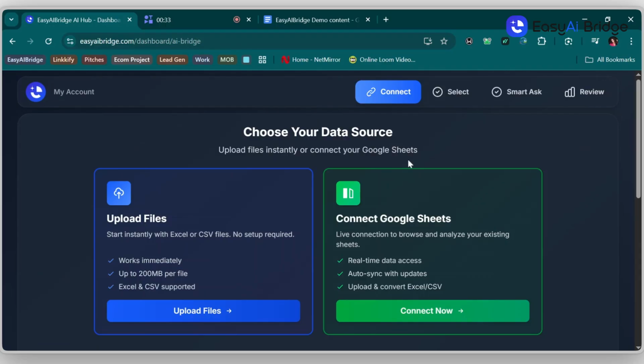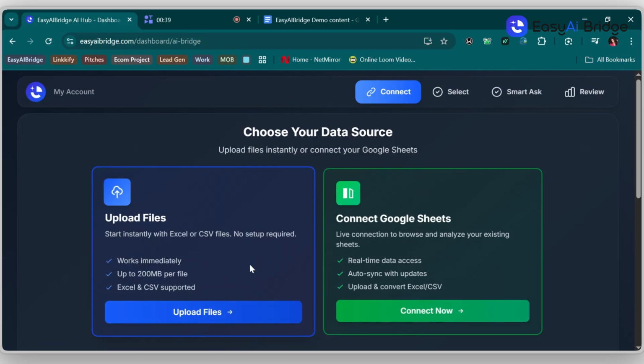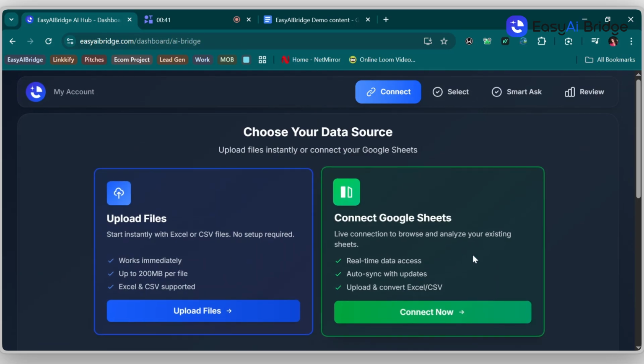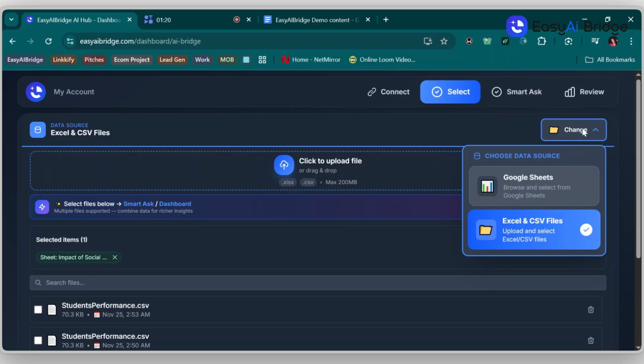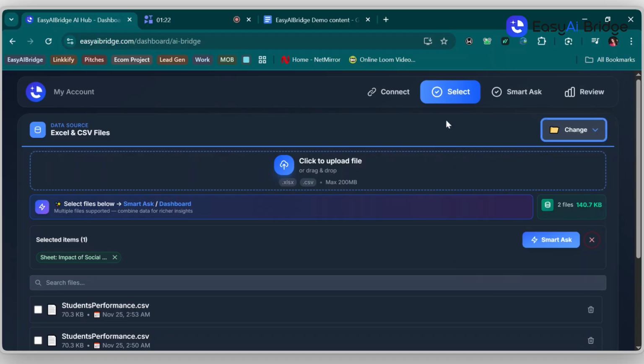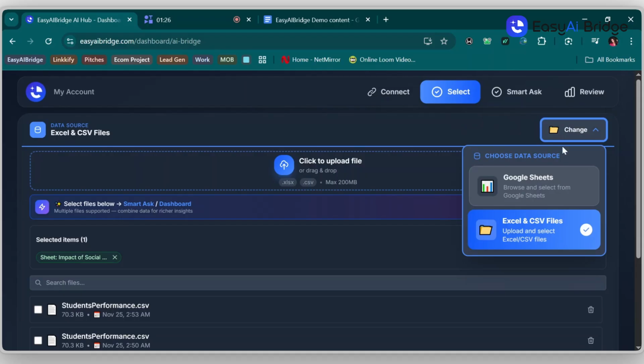And over here, the first step is to choose your data source. You can either upload an Excel or CSV file, or you can directly connect your Google Sheets. I'm going to go with the Google Sheets option because it gives us a lot more options to work with. Since I already have both Google Sheets and Excel connected, I'm going to head over to this section and choose